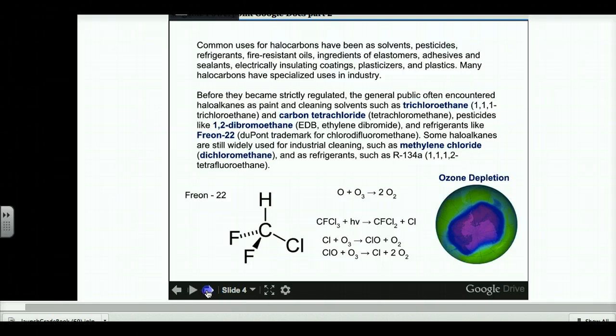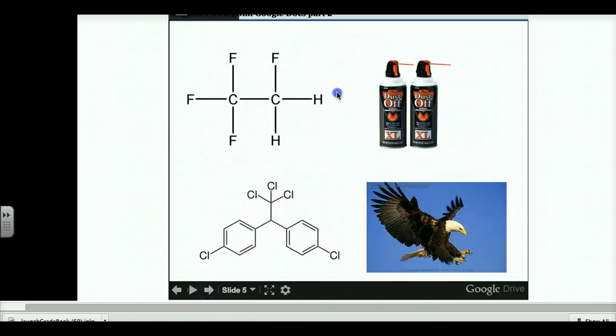Some things you should also know. In any case, we have something called 1,1,1,2-tetrafluoroethane. This is another compound that we now use instead of chlorofluorocarbons. And notice the fluorine to carbon bond is going to be a much stronger bond, so these fluorines don't slough off and attack the ozone. This is a very, very common propellant or aerosol, like in a dust-off. And DDT, its name is